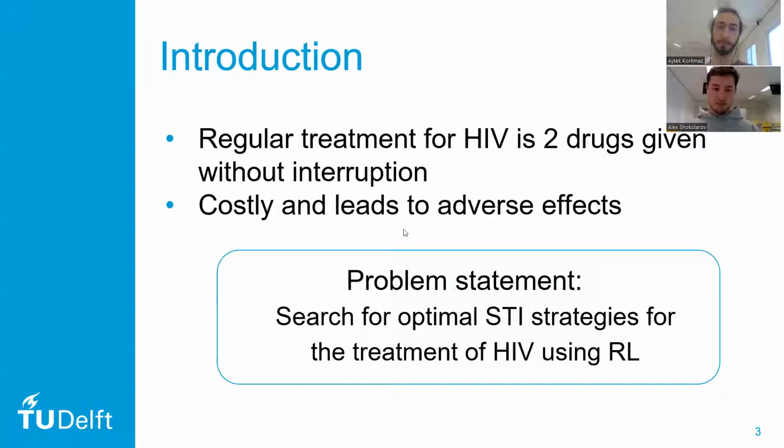HIV. What is HIV? The human immunodeficiency virus, or HIV, is a retrovirus that once it enters the human organism, it infects the healthy cells of the immune system and interrupts their regular behavior, which could lead to the deadly acquired immune deficiency syndrome. Nowadays, the treatment of this condition consists of a cocktail of drugs to suppress its development